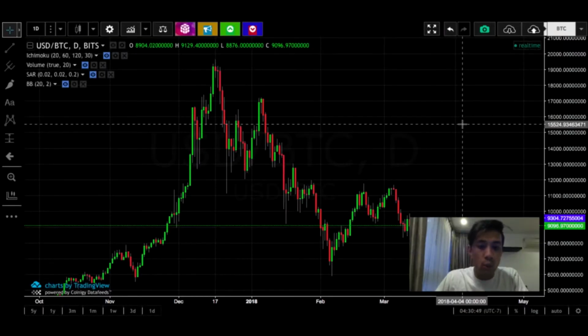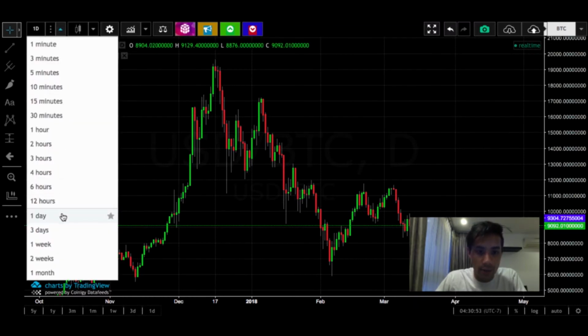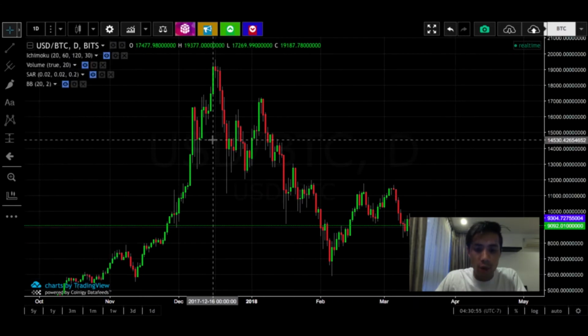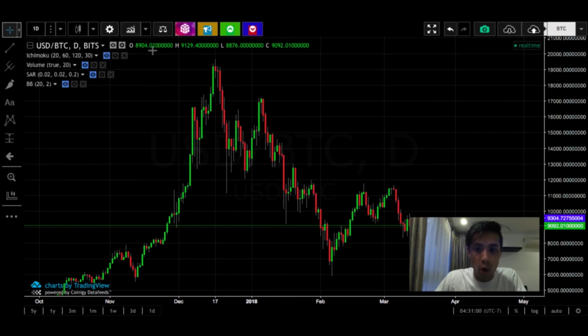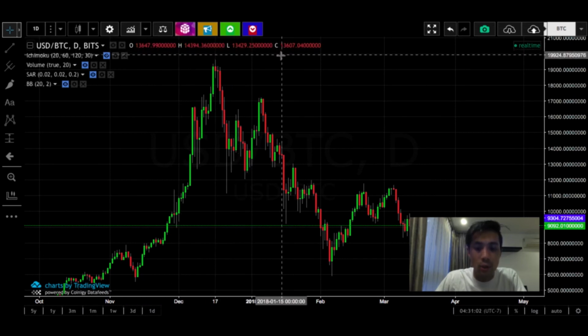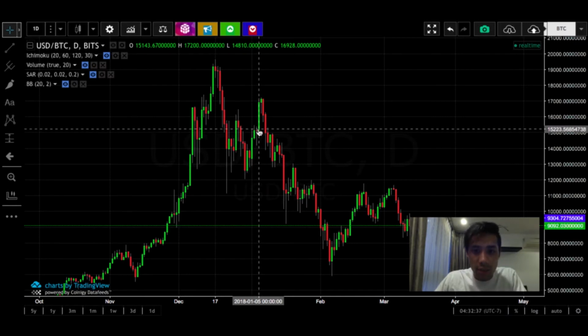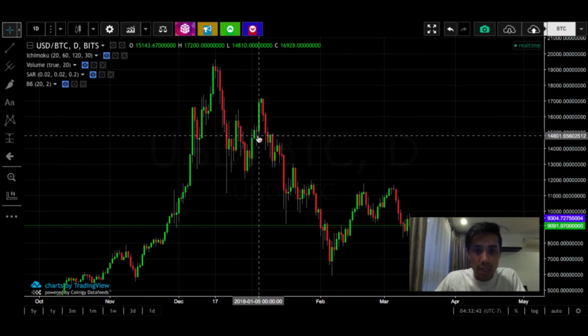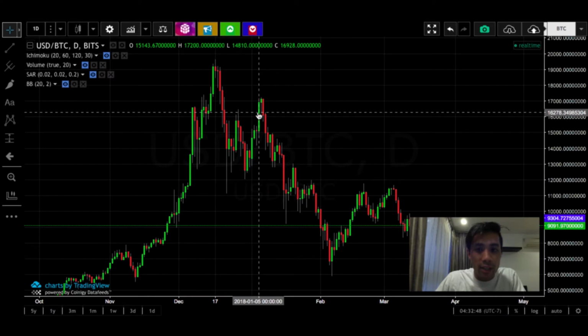Looking at Bitcoin's one-day graph, which you can see I've selected here by clicking on one day, you'll see the prices for the open, high, low, and close represented by O, H, L, and C respectively. Hovering over to January 5th, 2018, we can see that Bitcoin opened at $15,143 for the day, at some point dropped down to $14,810 and reached as high as $17,200 during that same day, and finally closed at